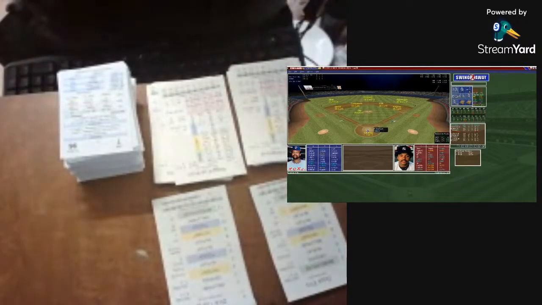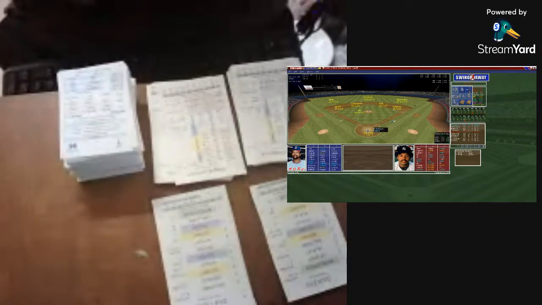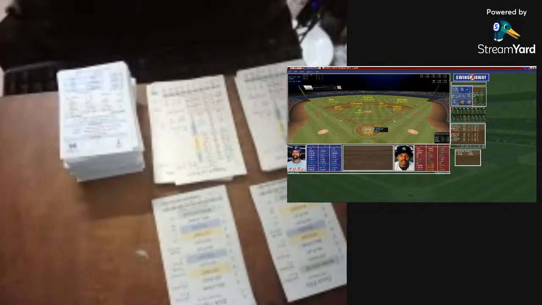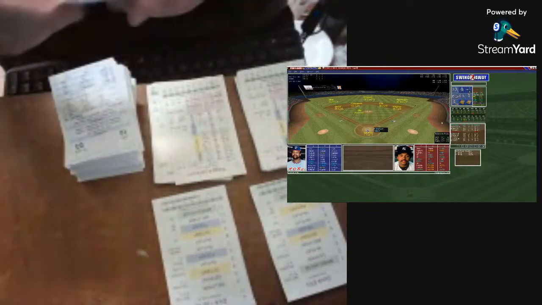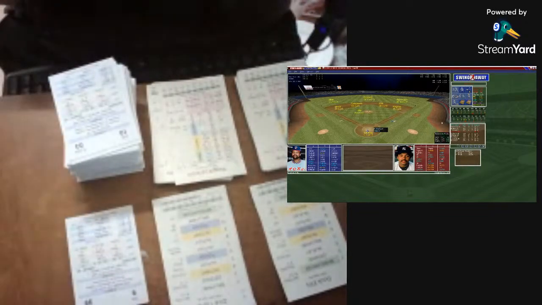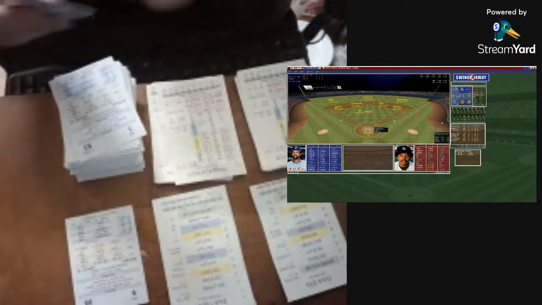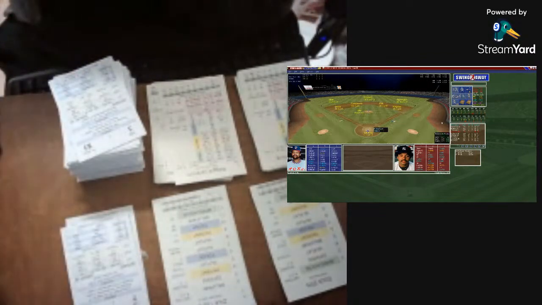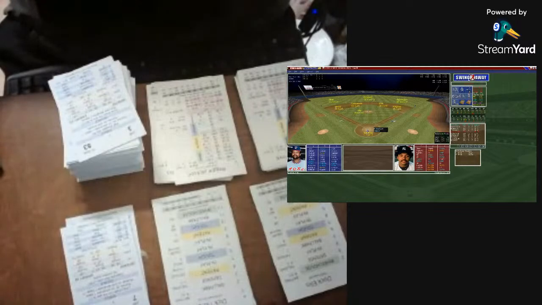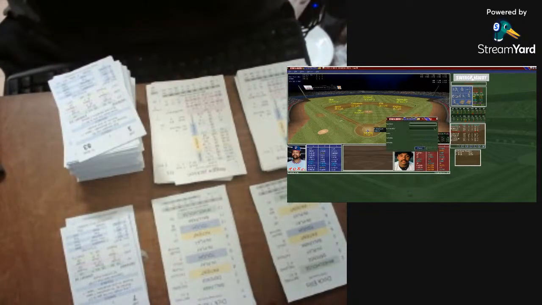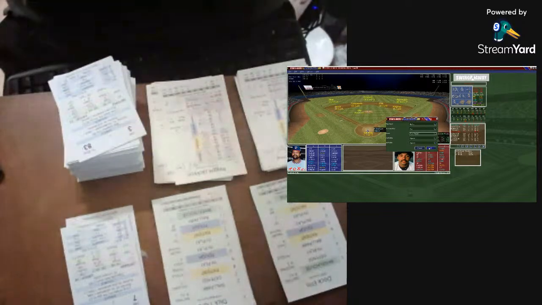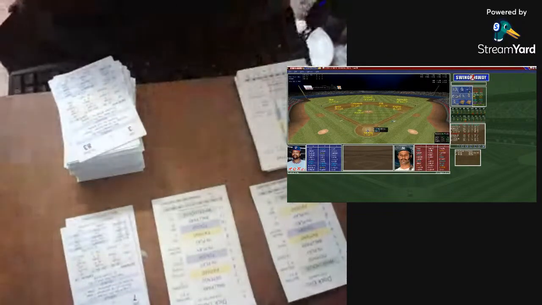So the Yanks will set up with Jackson, favored by Chambliss and Nettles, all left-handers, to hit against Doc Ellis. So Doc Ellis looks in, gets the sign, and here's the first pitch. That is going to be a 9 to Ellis. That is going to be in play to Jackson. That is a 60, and that is a fly ball to left field. Al Oliver is there, comes in, makes the catch, and there is one away. So again, Jackson unable to get a good pitch there, one away.